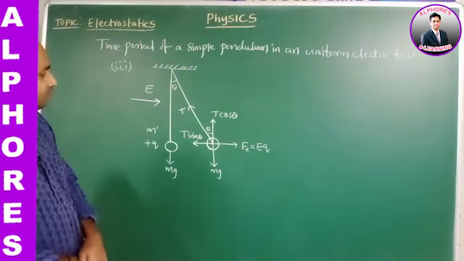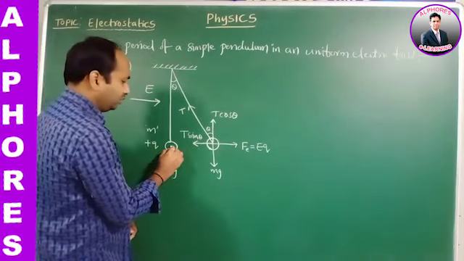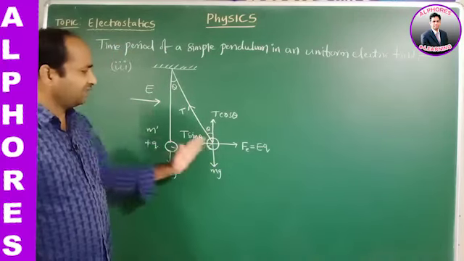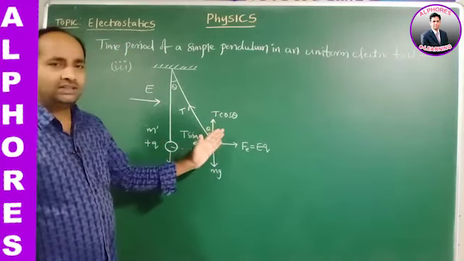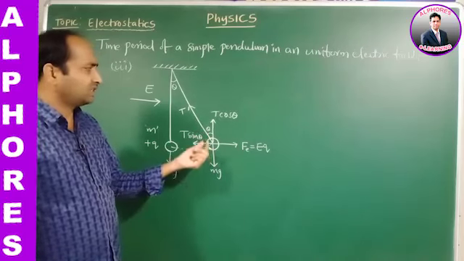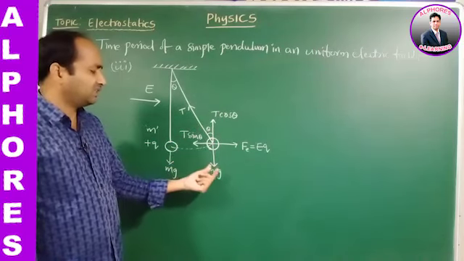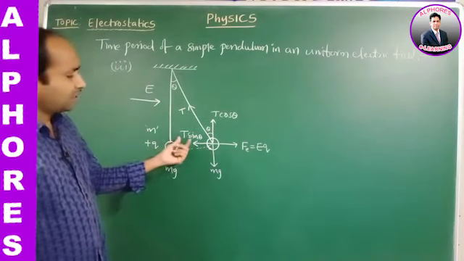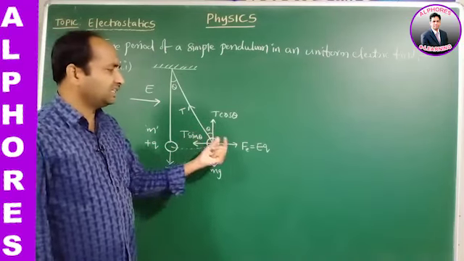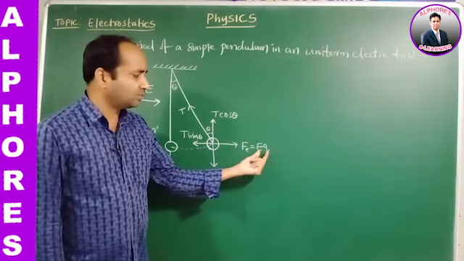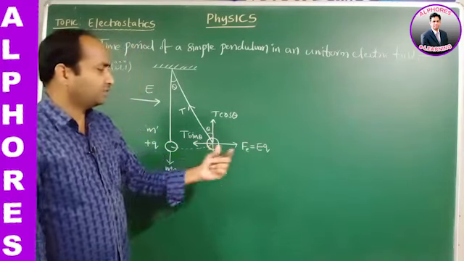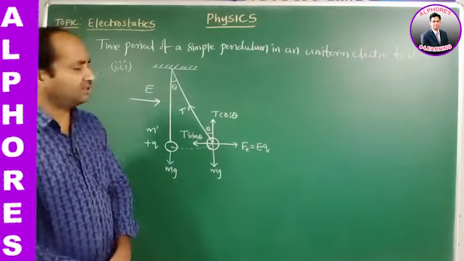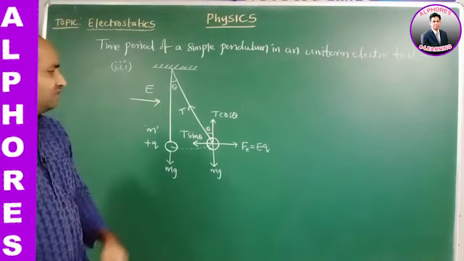At the equilibrium state, during the oscillations, the electric force is acting towards the right side. At equilibrium, the component of the tension in the string is balanced by the gravitational force mg. The normal component of the tension, T sin theta, is equal and opposite to the electric force Fe, which is equal to Eq. Now what is the tension in such a condition? What is the tension in the string we should find?